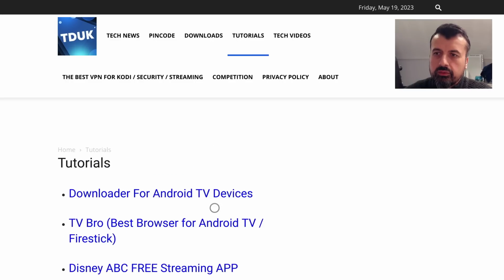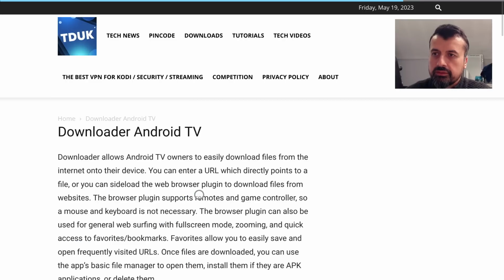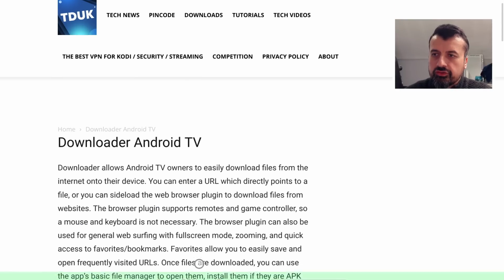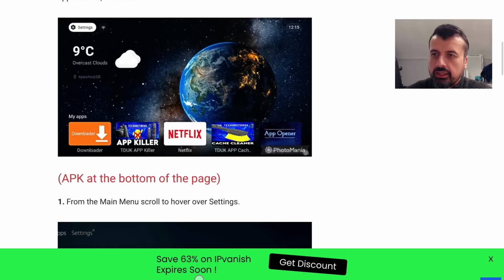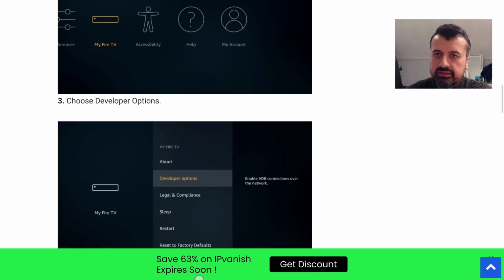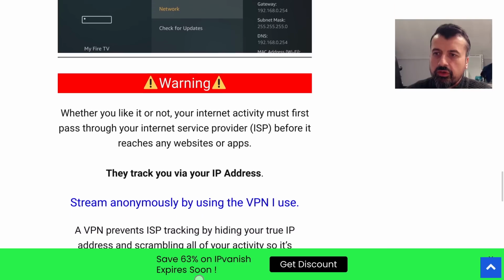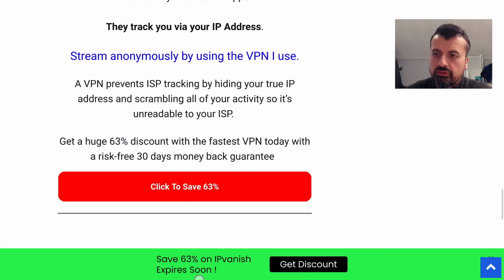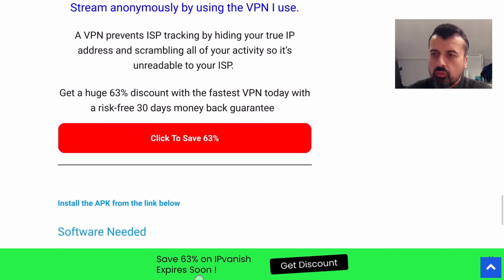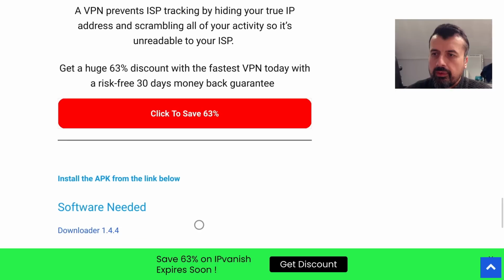We can now scroll down and we can see the new one in the list is Downloader for Android TV devices. So I can click on that. I can now scroll down. And underneath all of that, the step-by-step instructions, we should have a single link to the latest version of Downloader, which as of May 2023 is 1.4.4. Here we are. So I can now click on that,